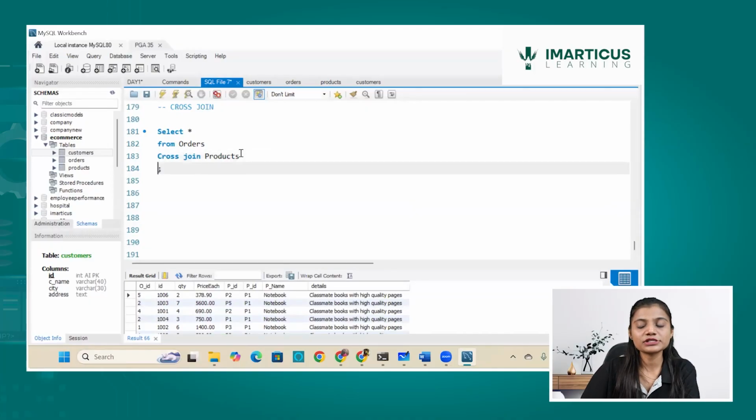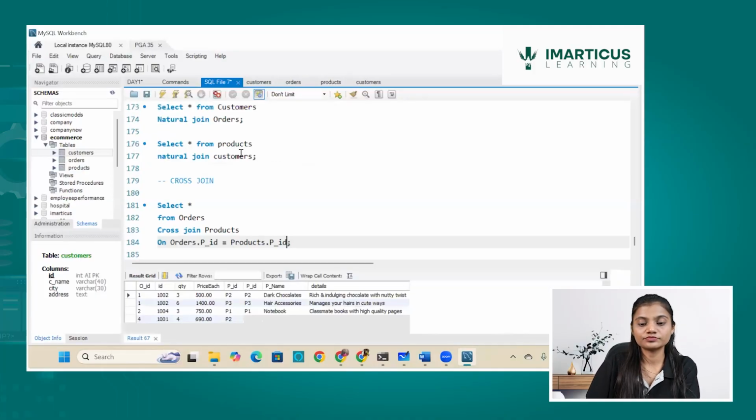Now, people ask, can I write an ON condition? Yes, you can write an ON condition over here. So on orders.PID equals products.P_ID.